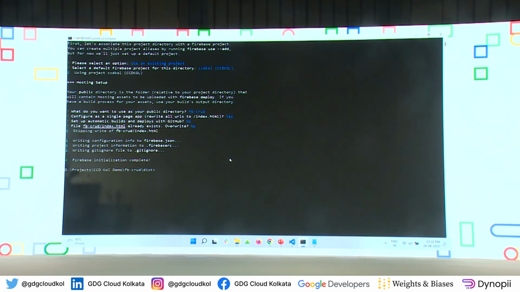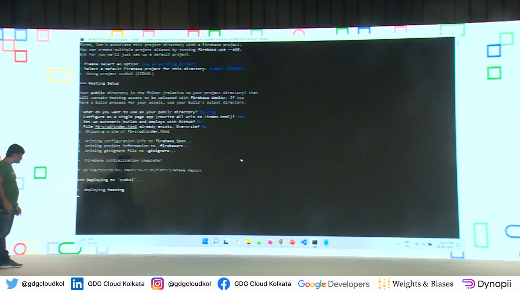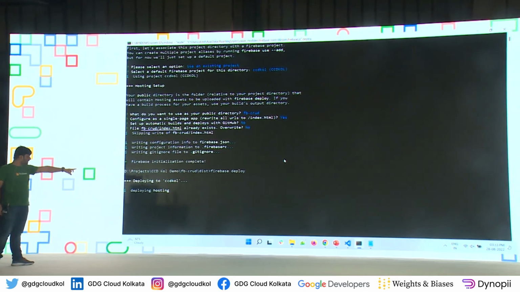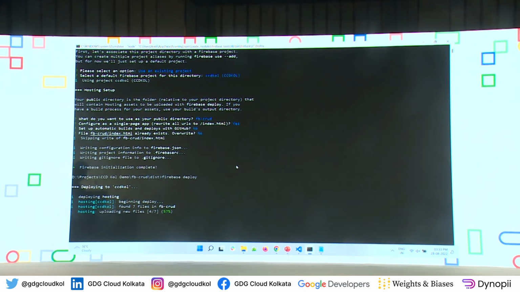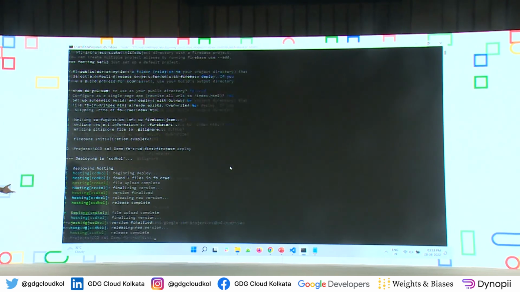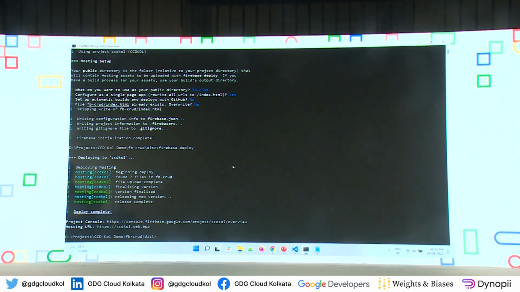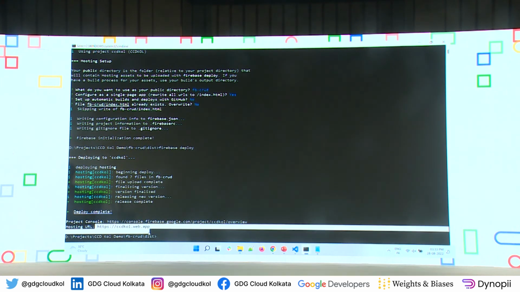Final command, firebase deploy, because we want to deploy, right? Firebase deploy. Enter and wait for a few seconds. Deploying to CCD Kolkata, deploying hosting, the percentage will go to 100 and then, very good. It is completed. It says deploy complete, and it is also giving the hosting URL. You copy this particular hosting URL